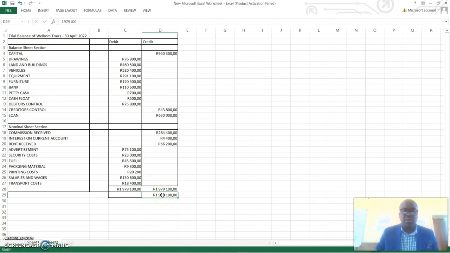If you are using a pencil, then you can delete this so your answer looks as neat as this one. This is your income statement that is going to follow in the next video. That is your trial balance. You need to know only 4 things. From the balance sheet section, you are only going to use your assets and liabilities, and then on the nominal